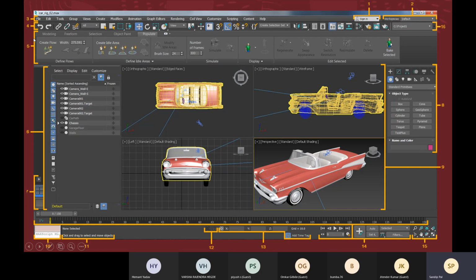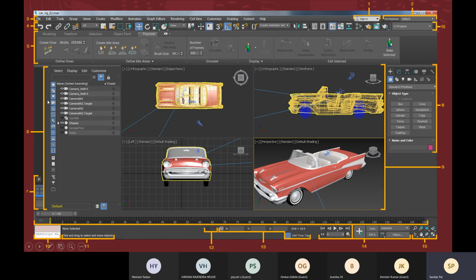This 5 is your ribbon, or palette. You can minimize and maximize this ribbon. If you are working with different advanced tools, then you can open this ribbon.